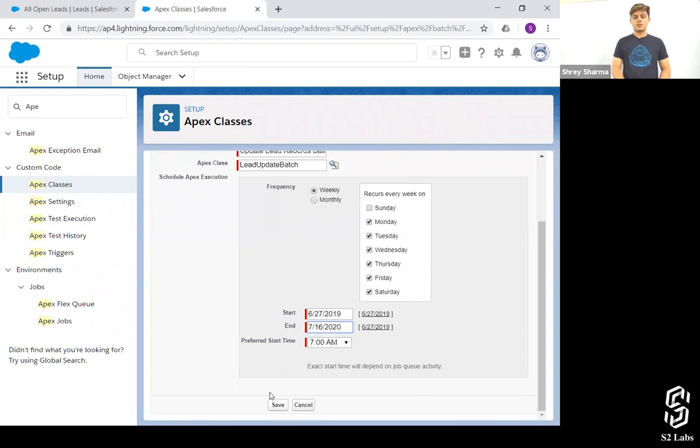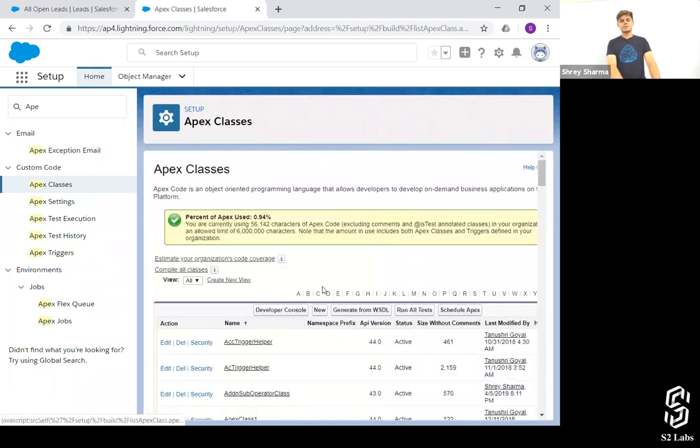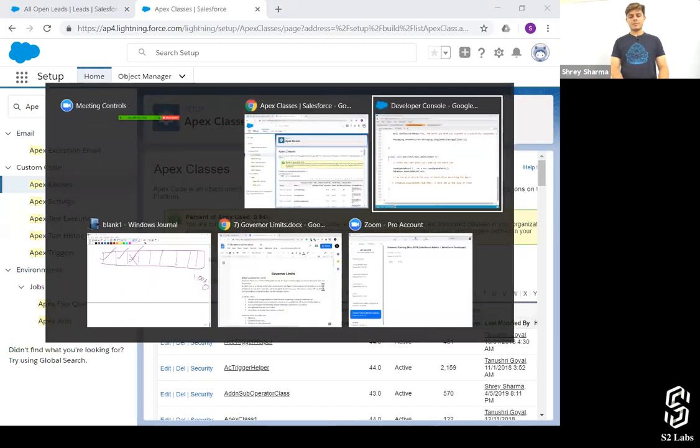I'll just save it. Done. Now it will get executed every morning at 7 a.m. except Sundays. Is it clear, everyone? That's how you schedule a batch job, a batch class, or a batch Apex. Cool. Now write down this program.